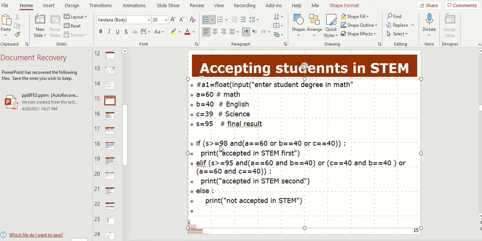So if S is greater than or equal to 95 and A equals 60 and B equals 40